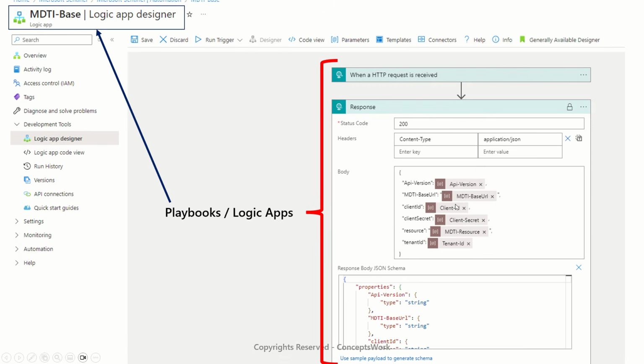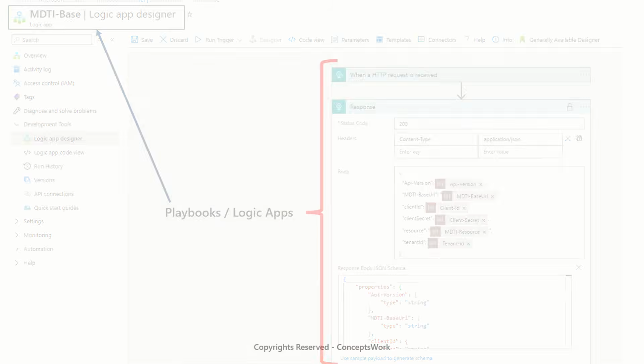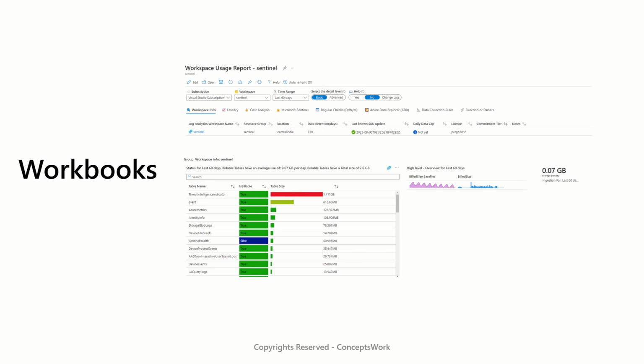When it comes to playbooks, it is fundamentally a logic app which is going to use multiple connectors depending upon your requirement. Now, there is also one aspect which is related to Azure Monitor, precisely speaking, because it gives you the privilege to incorporate workbooks. Think about workbooks as interactive dashboards where it will show you a summary of what exactly is happening with your workspace